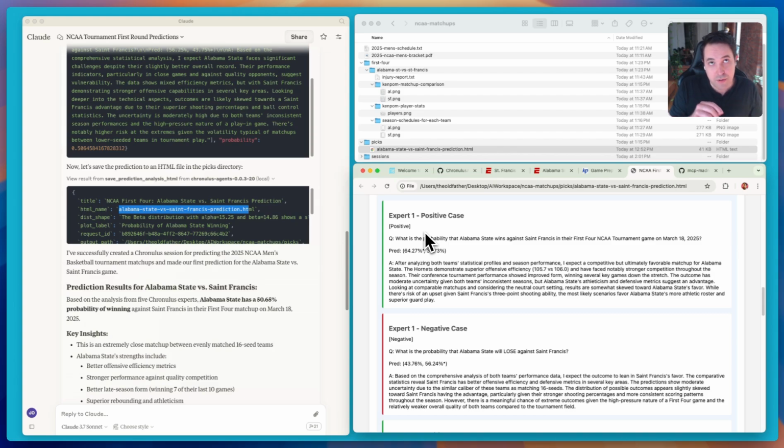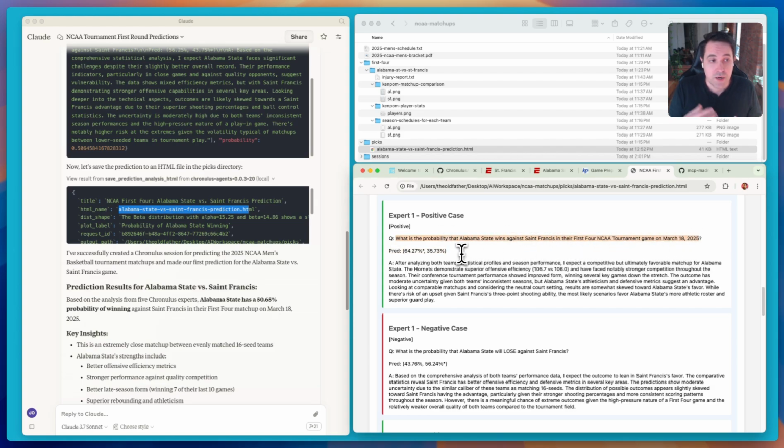So each expert has the same persona, the same sort of underlying skill set. You just think of it as being the same person who's answering this question, but a person whose memory can be basically rewritten, right? So I'm able to ask the same agent the same question independently. It answers the positive case and then the negative case, but when it answers the negative case, it doesn't know that it already answered the positive case. So you're going to get back completely distinct answers from these.